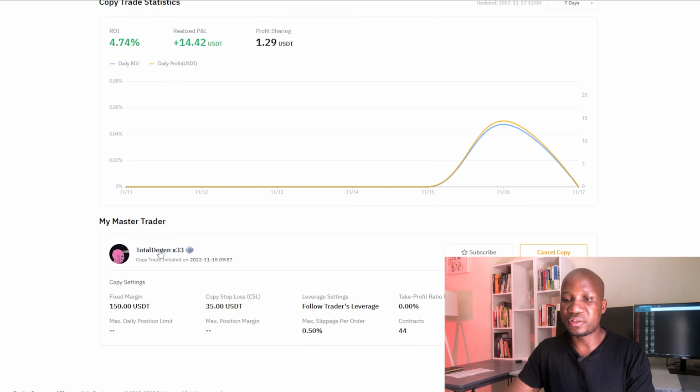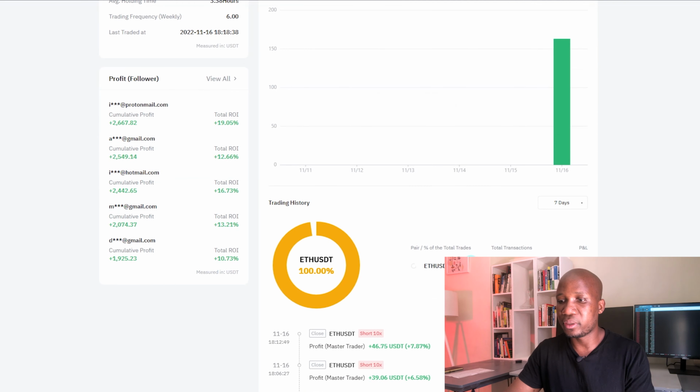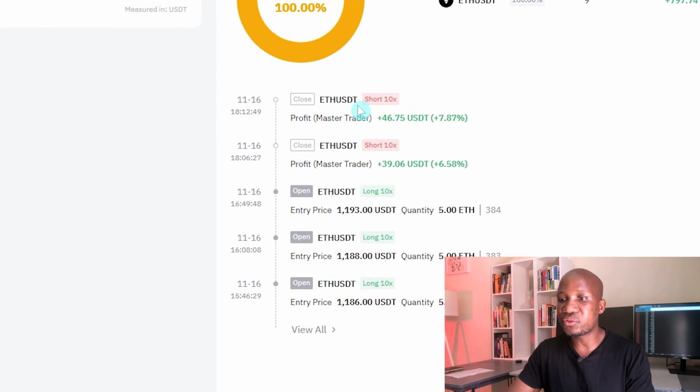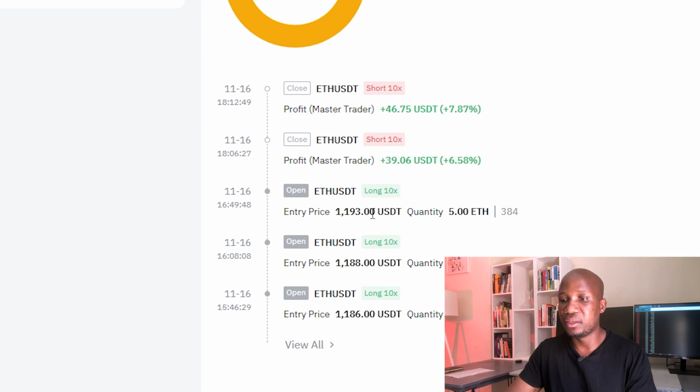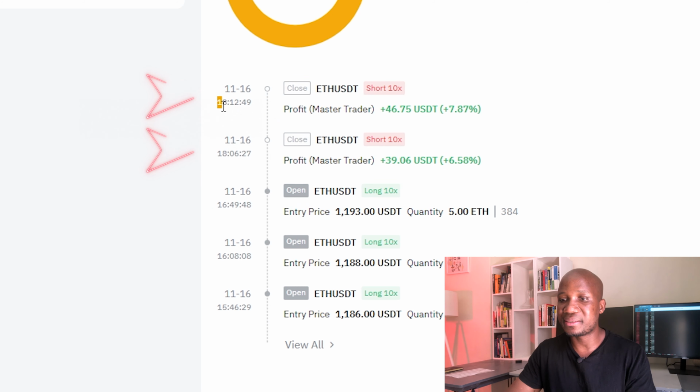So let's click on the trader and actually look at the trades that he is actually taking. So I'm gonna scroll down here. We can see the last 2 trades. He took 3 trades, right? So this one here was the one where we made $10, and on these 2 trades he was going short. And here we can see the time is 18:12:49, and this is the time where he actually opened and closed